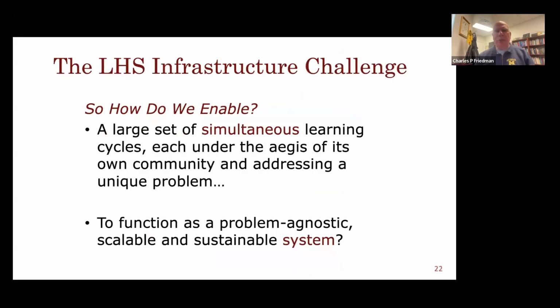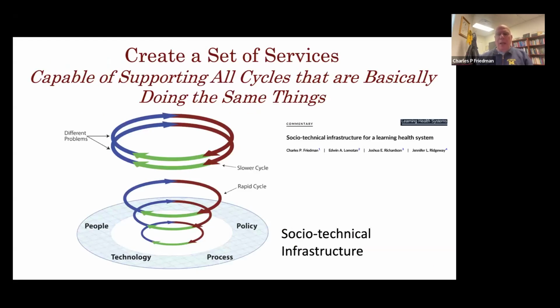So the challenge of this for learning health systems is how do we enable a large set of these co-occurring cycles, each functioning under the aegis of its own community, also addressing a unique problem, to function as a scalable and sustainable system. And it's depicted in this diagram how this might be done. You create an infrastructure which delivers a set of services, some of which have to involve people, some of which involve technology, some of which involve process, and some of which involve policies, a socio-technical infrastructure that provides services to